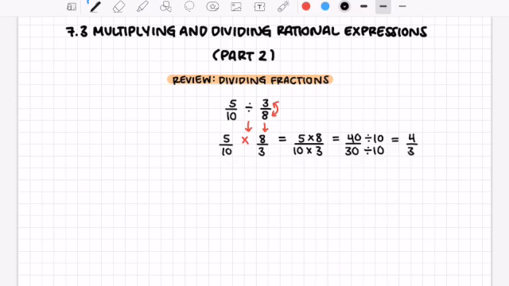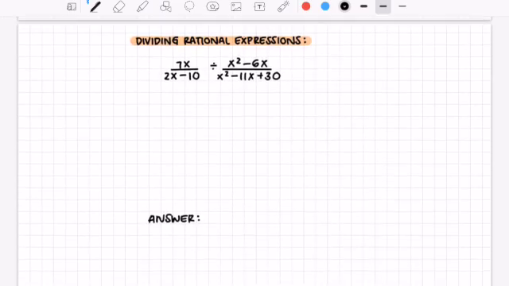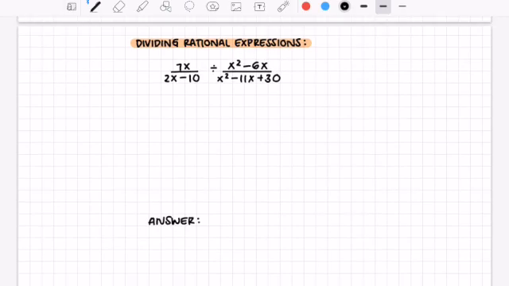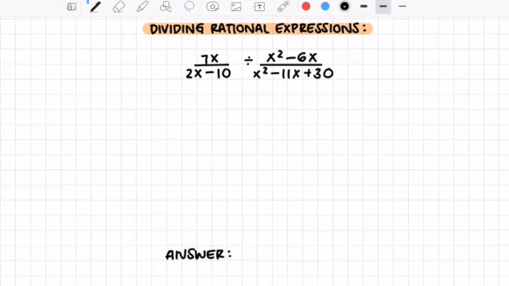Okay, once you do that, then we can start looking at other rational expressions where we are dividing. So if I were to divide 7x over 2x minus 10, dividing with x squared minus 6x over x squared minus 11x plus 30. First thing that I want to do is make sure that anything I could factor out, for example, the 2x minus 10, the x squared minus 6x, and my x squared minus 11x plus 30, I can factor those out